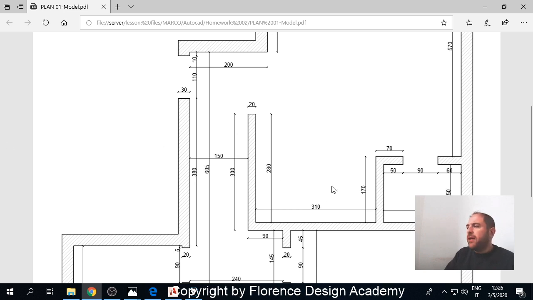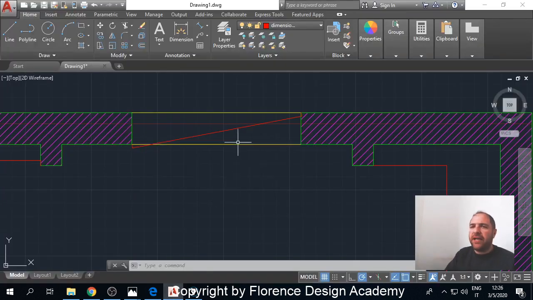I was saying, on top of my lines, you can see the number, while in AutoCAD it looks like